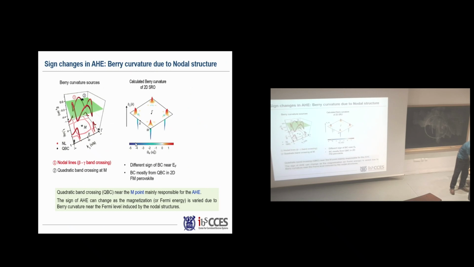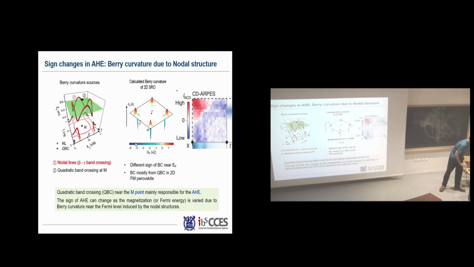And this is the theoretical prediction that Berry curvatures become very strong near the nodal point because the band crossing was lifted by spin-orbit coupling and so on. And experimentally, with a crude method, the circular dichroic ARPES, we can get some signature. But still, we do not have high enough experimental resolution to prove that this is completely satisfied. So we are still working on the problem.